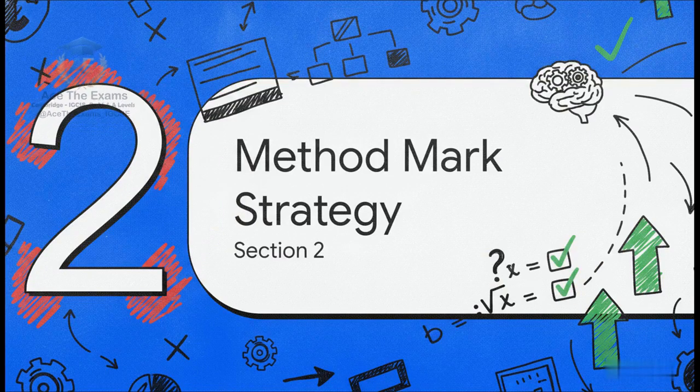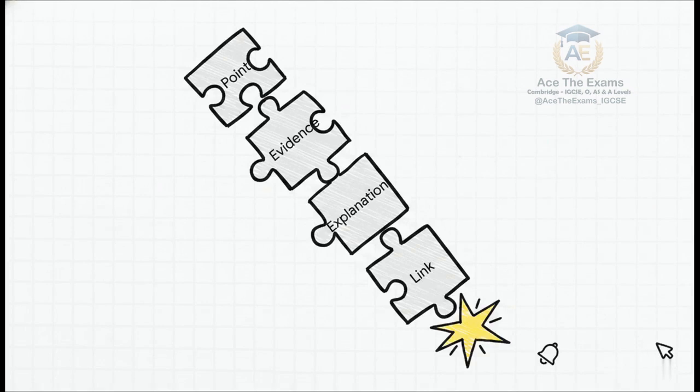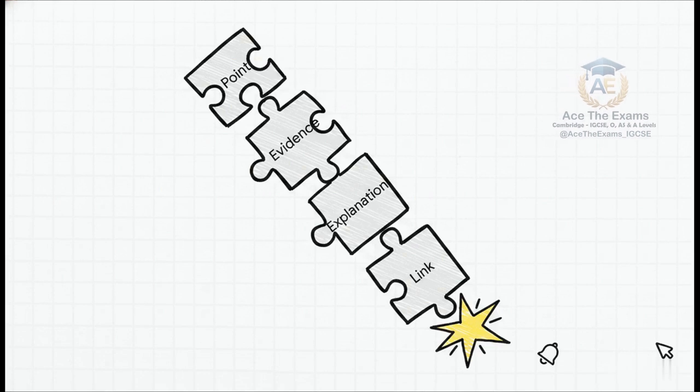This is where we talk about transforming your raw thought process into guaranteed, quantifiable points on the board. So the absolute most crucial point here is exactly how you structure your working. Top students use a specific blueprint. We call it the PEAL framework. Point, evidence, explanation, link. A lot of students think essay frameworks don't apply to math, but trust me, even in